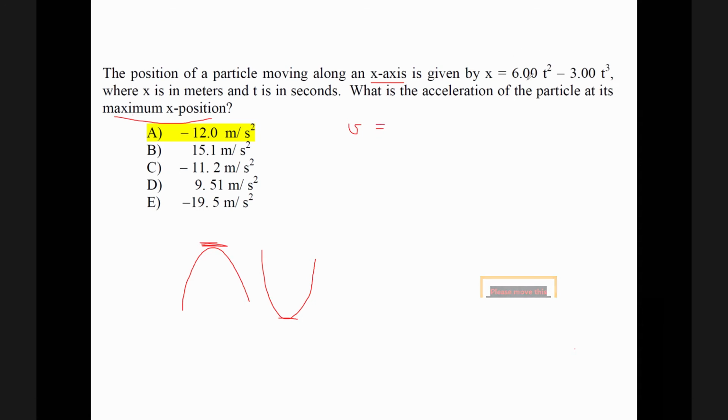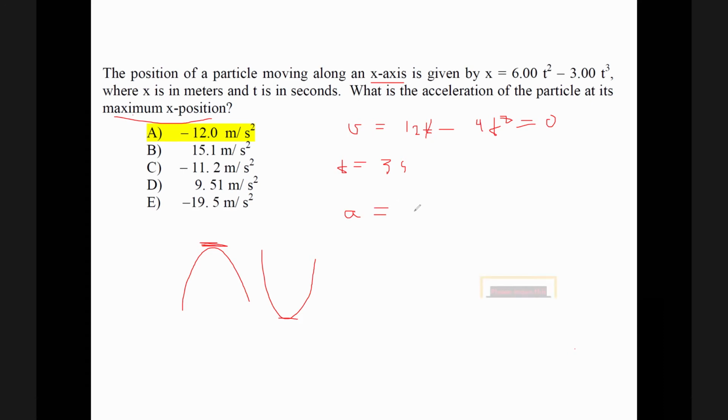The derivative of 6t squared is what? 12t minus 9t squared equal to 0. I should equate it to 0 to extract the time. You get the time, which is 4/3, whatever. 12/3, it's what, 3? Yeah. After you get the time, what do you do? 3 seconds. You need now to derive again the velocity to get the acceleration.